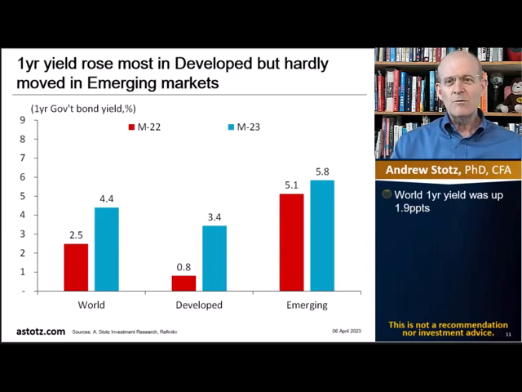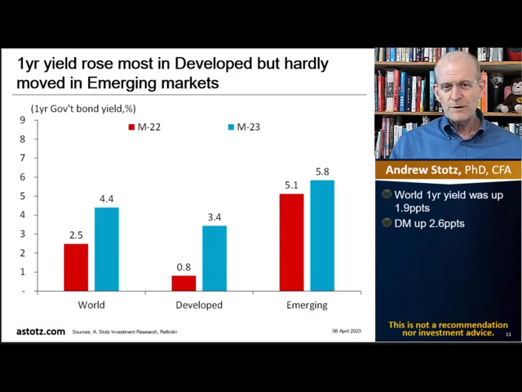So let's take a look at world 1-year government bond yields 12 months ago. They were at 2.5%, and now they're at 4.4 as of March 2023. And that's up by 1.9 percentage points. If we look at the developed markets, that's where pretty much most of the rise happened. It went from 0.8 for 1-year government bond yields to 3.4%, and that is a